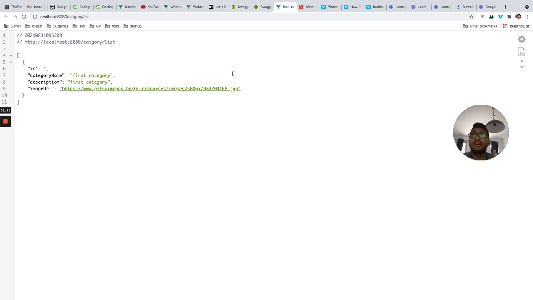So we have the first API, category, and next we'll create the product, we'll create the UI for it, and then we'll start building the account API, the account, and sign in, sign up, like this. So we'll go step by step. So I think this is a really good tutorial for beginners who want to create their first API and who want to just get started with API building.